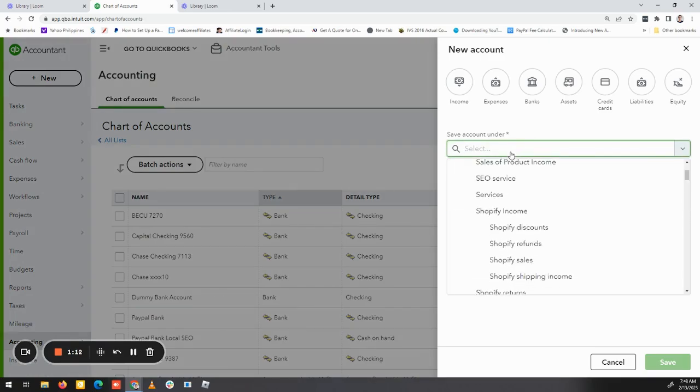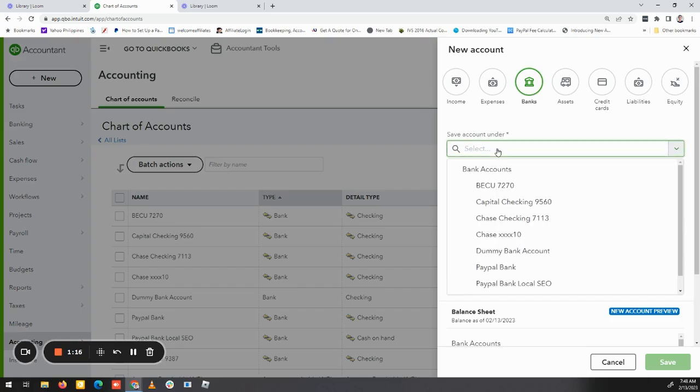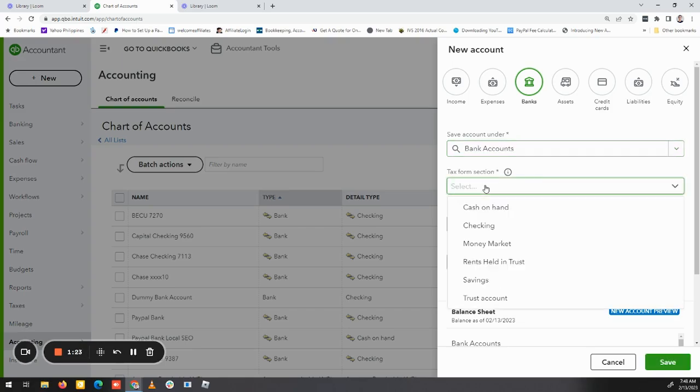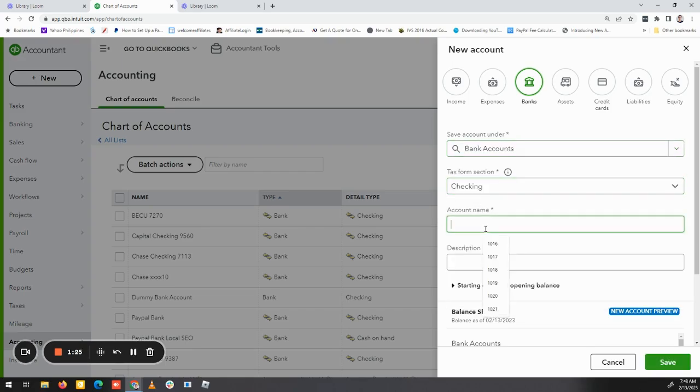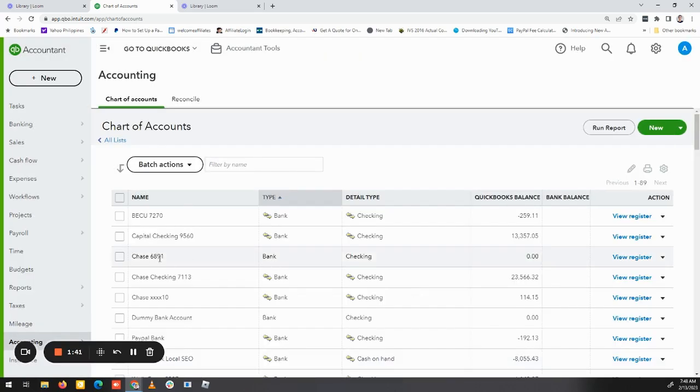So this is banks. Okay, and this is checking, Chase 6891. So I placed the last four account number digits. Okay, so this is bank, checking, Chase, then click save. So we have Chase 6891 here.